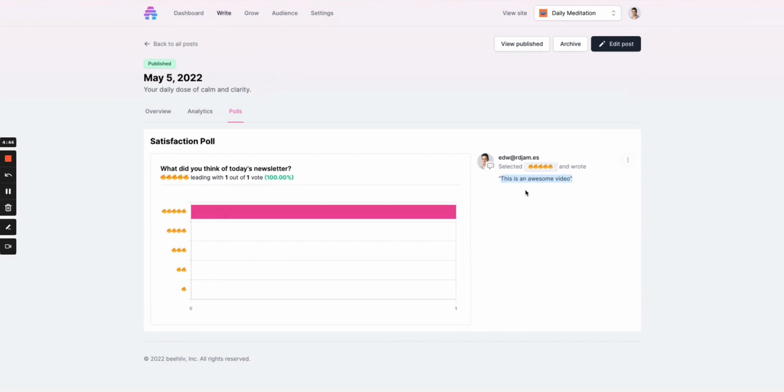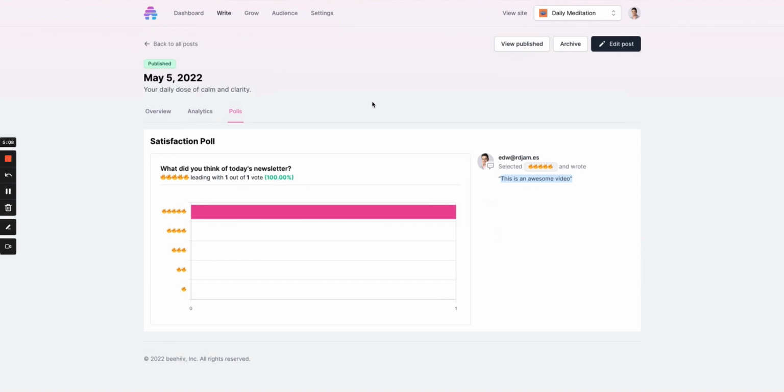It works the same way within an email. You're going to have the same interface. User sees the message and then sees the poll. They're going to select an answer. It'll redirect them to that qualitative feedback, and then once they submit that, it'll redirect them to the post, the web version. It is important to note that as you're putting this together, the email version of the survey will